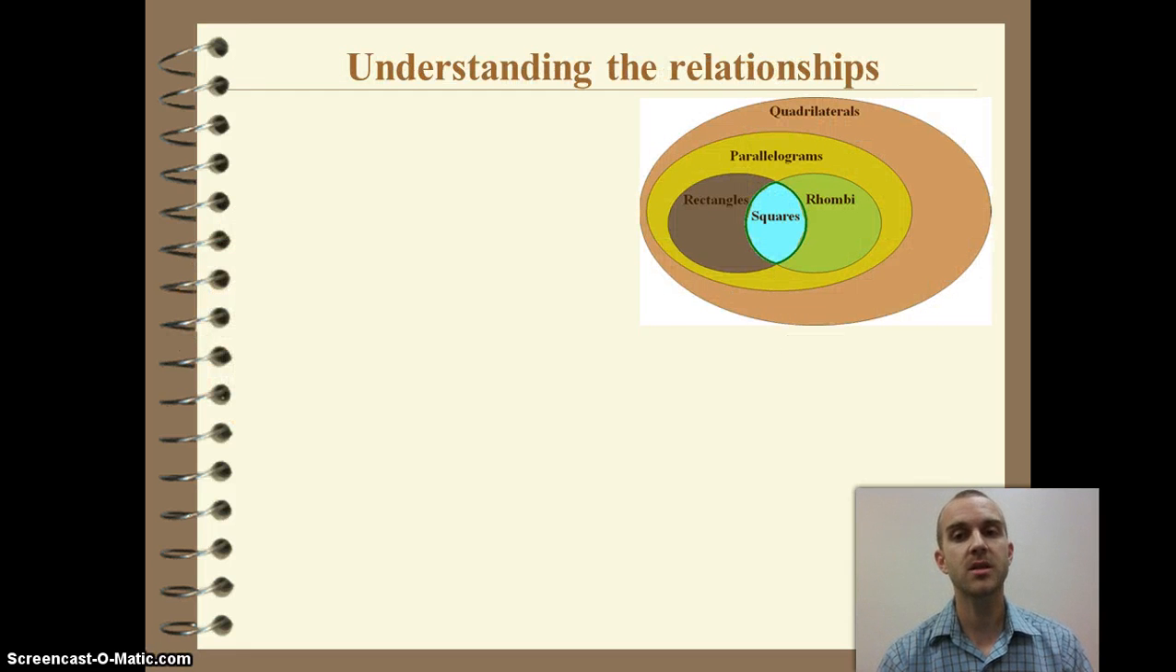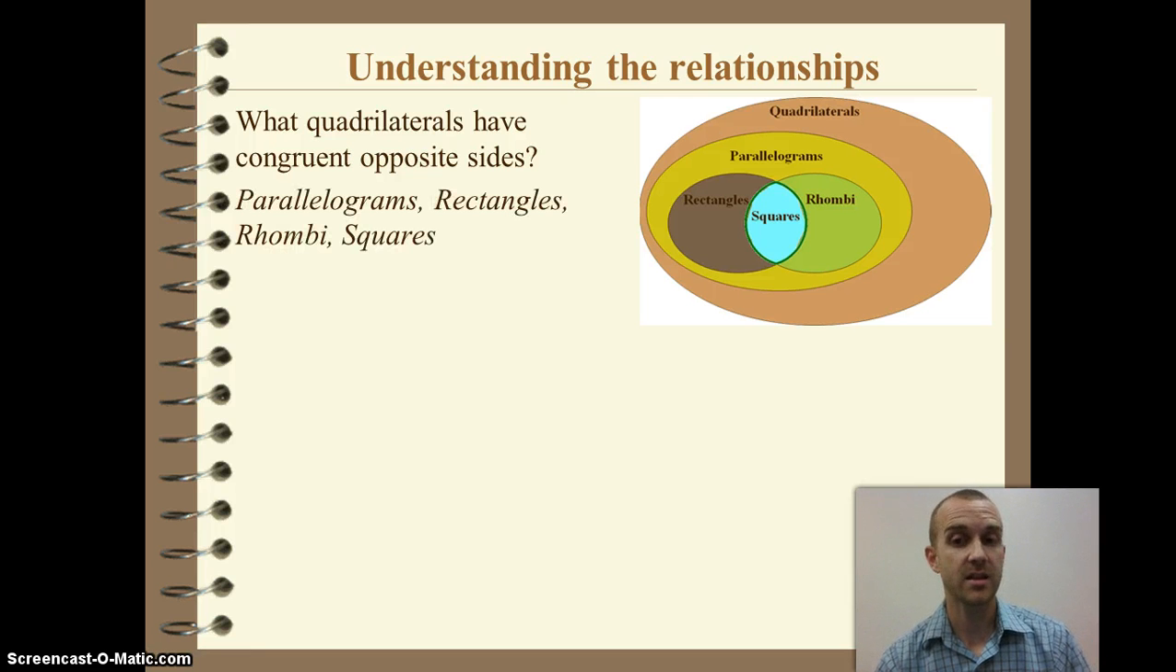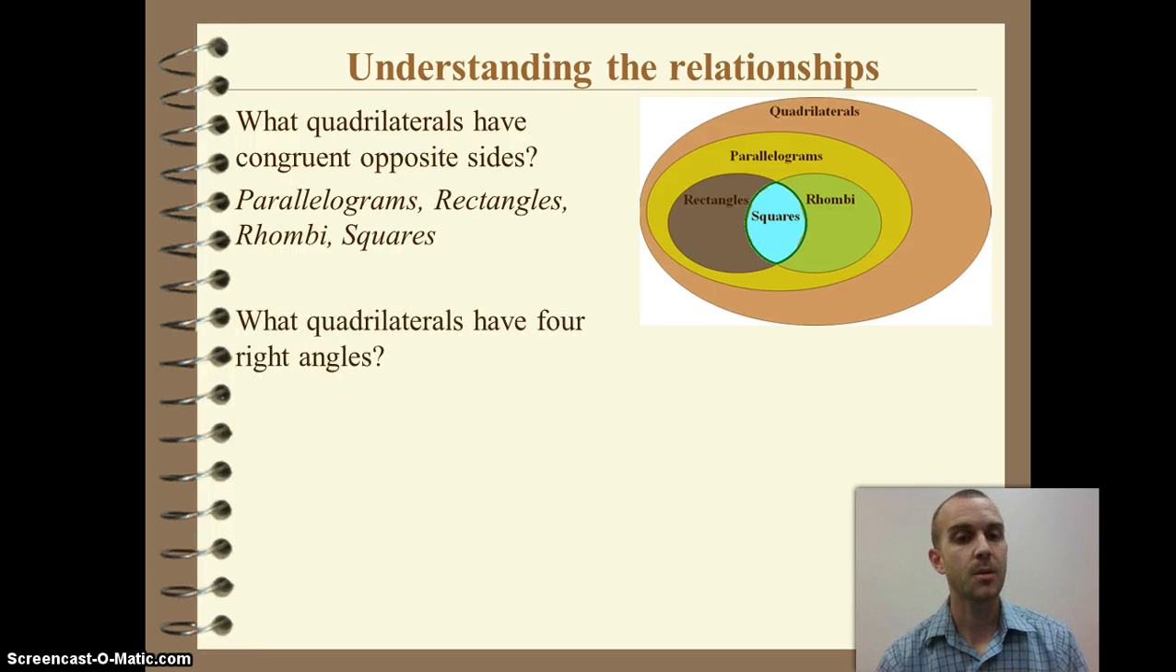So we want to think about some of the relationships that may exist. For example, what quadrilaterals have congruent opposite sides? Well, that's a feature of a parallelogram, and if it's a feature of a parallelogram, it's true for the parallelogram, the rectangle, the rhombus, and the square. How about quadrilaterals having 4 right angles? Well, that's something that's special for the rectangle. It's not necessarily true for all parallelograms, but if it's true for all rectangles, it's true for all squares as